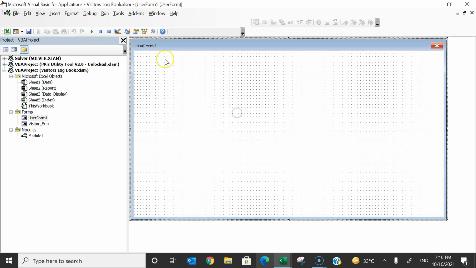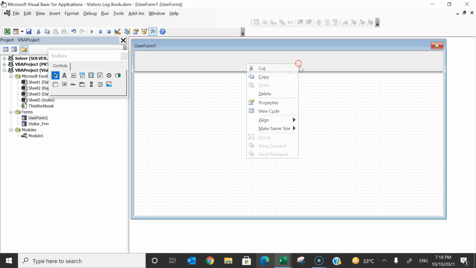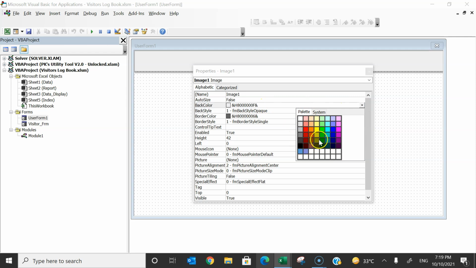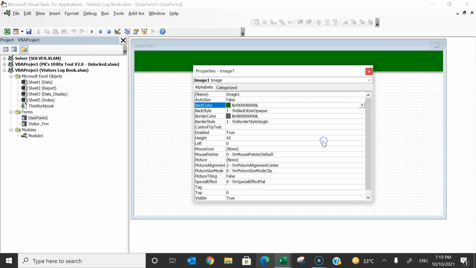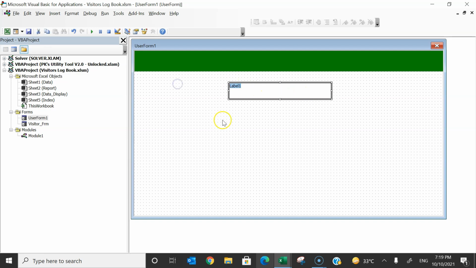Alright. Then I have added an image here to make the title. So let's create an image here. From here, right click, go to the properties of the image, and then you can change the back color. So let's take any back color from here. I have taken this one. You can take any color. Then I have added a label. So drag the label. Here you can put the title. So I have put, let's say, visitor